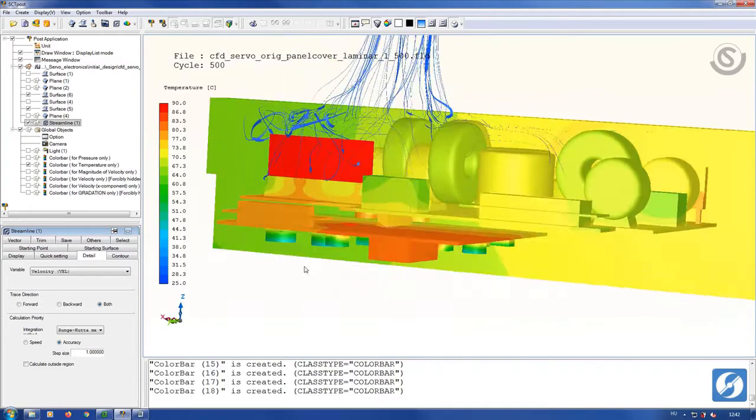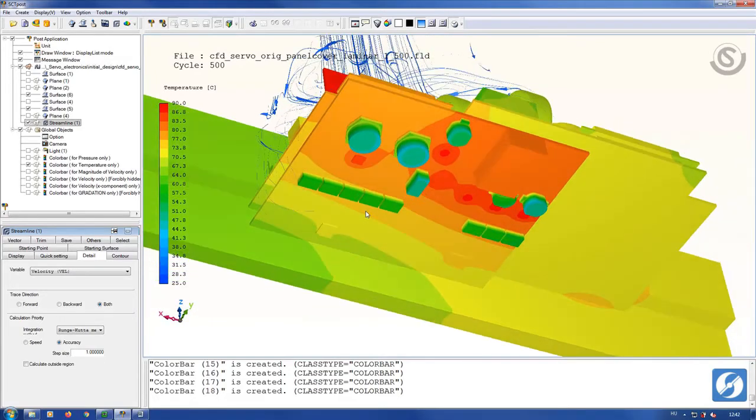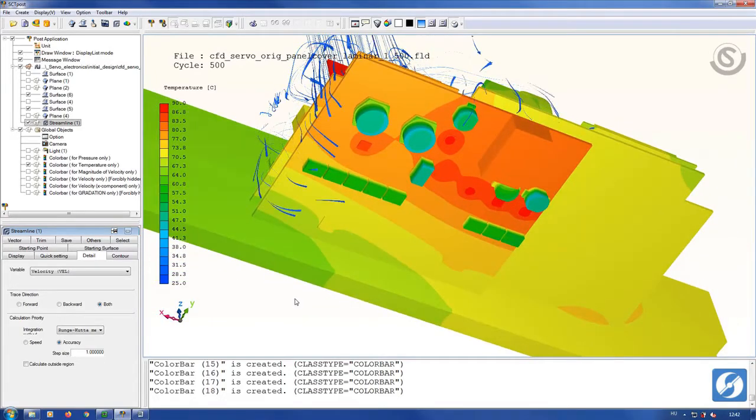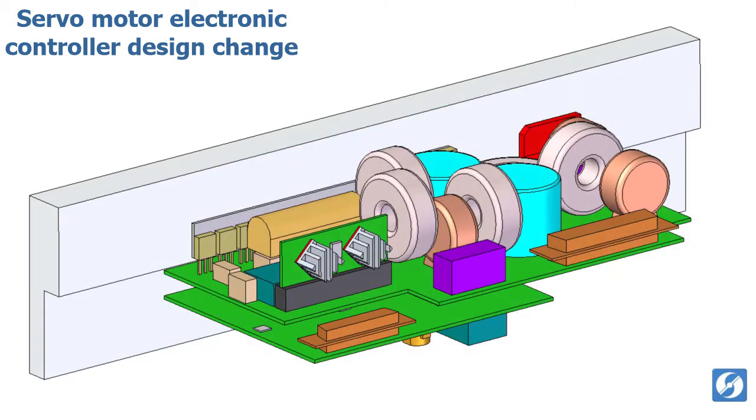I had to do something to reduce their temperature, so here is what I will try as the first step in the design process. I relocated the vents both on the top and on the bottom, and I will show you a comparison with the old one in a second. When I removed the casing, you can see that I also added two small aluminum heatsinks to the chips on the tiny vertical board. My aim is to add conductive mass with fins to help carry the heat away.